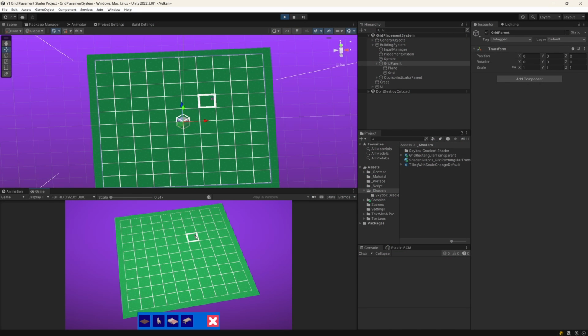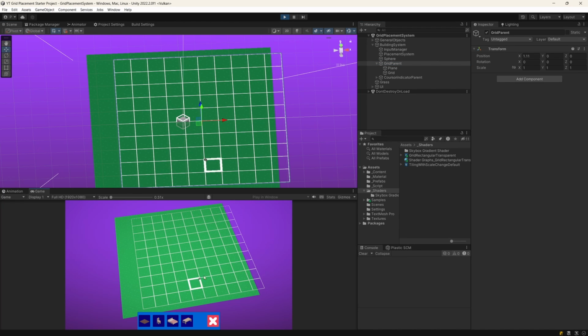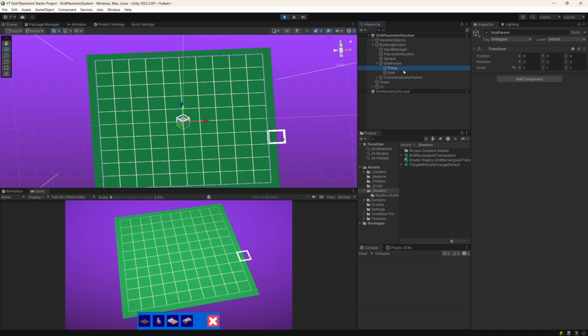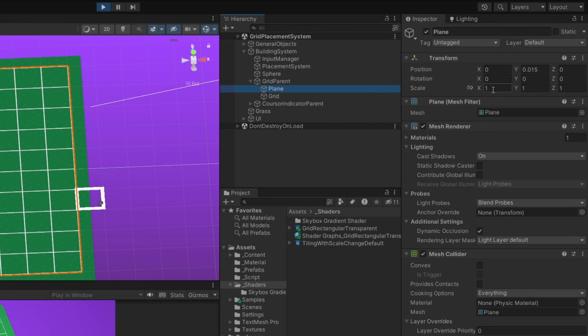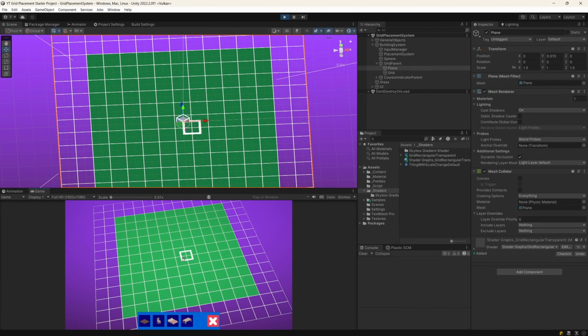I just want to point out that thanks to creating a grid parent object and putting the plane and the grid as the child objects, we can easily move it, and you will see that we can still adjust our placement of the cell representation to the grids represented by our shader, so everything is working. If I reset the position of our grid parent, I can also scale the plane. If I scale it by 1.5, we can experience a problem with selecting the cell,